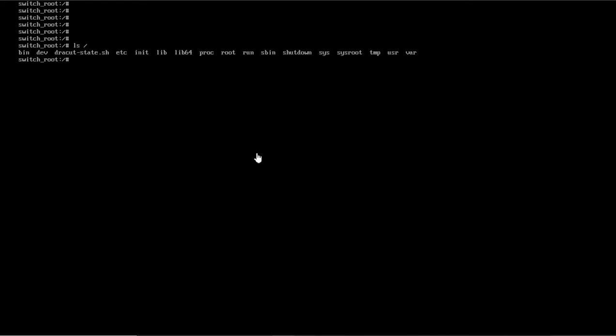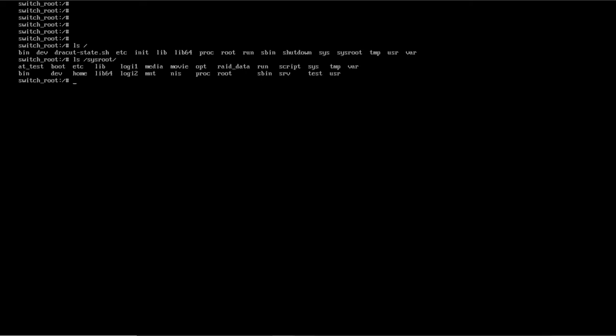Now when you see this sysroot directory, you can see our main file system. This is our main file system where we have created these directories, and these default directories are also there. We have created some directories like movies, NIS, red data. These are the directories which we have created, along with all the default directories. So this is our main file system. The main file system is loaded into this sysroot directory, and these are the temporary file system of the initial RAM-fs file.